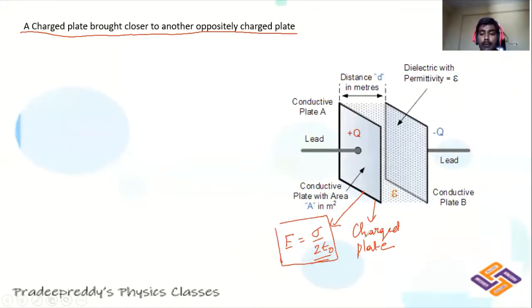And what about its potential? You can write its potential. E is equal to sigma by 2 epsilon naught; this is equation number 1, the electric field of this conductor on one side. And V is equal to E dot d, or we can write it as V is equal to integration of E dot dr. You can find the electric potential from this equation. Just substitute that E over here so that you can find the electric potential. We have already derived the electric potential for this plate also.